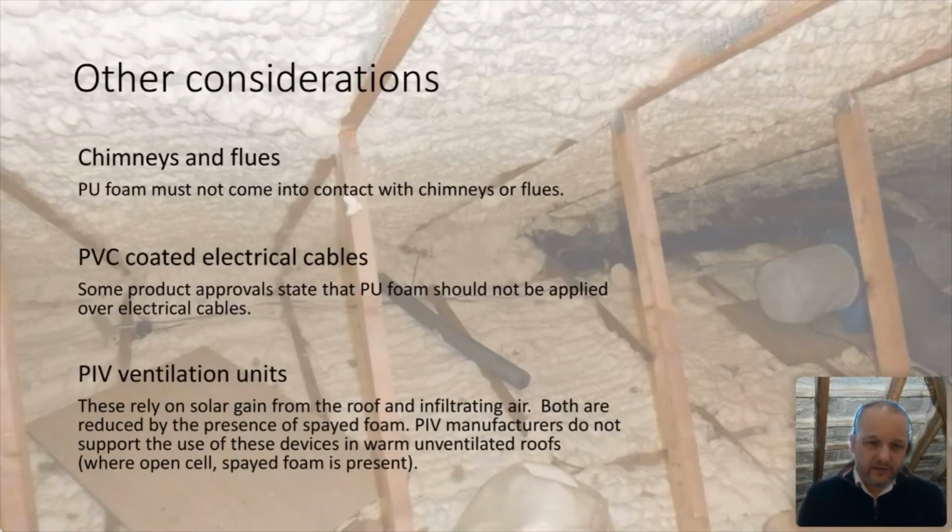There is also a question about contact with PU foams and cables, and cables and conduits. So PVC and some PU foams don't get on very well, and there's been quite a number of reports and some pushback to me over the last few days about issues with rapidly decaying insulation coatings where they've been embedded